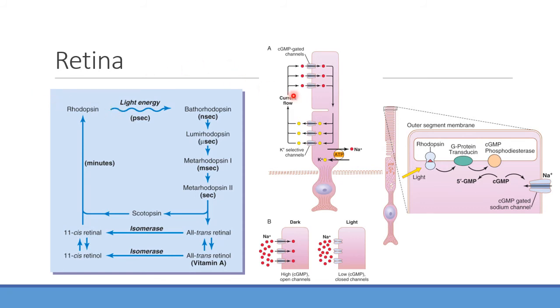But normally what you're going to find is that at rest in a dark situation, say we're in the dark, these sodium channels tend to be open. So you're going to have these sodium channels that are open, allowing sodium ions to flow in. You're also going to have some potassium channels open here as well. Potassium's here in yellow. It's going to be flowing out. So basically you're having this current flow that's occurring here. And you notice that because we have more sodium flowing in, what do you think the resting membrane potential is? Higher than -70, lower than -70? A little bit higher. It's probably around -40 or so.